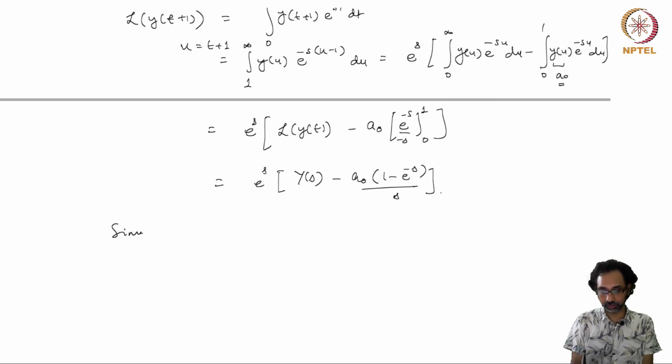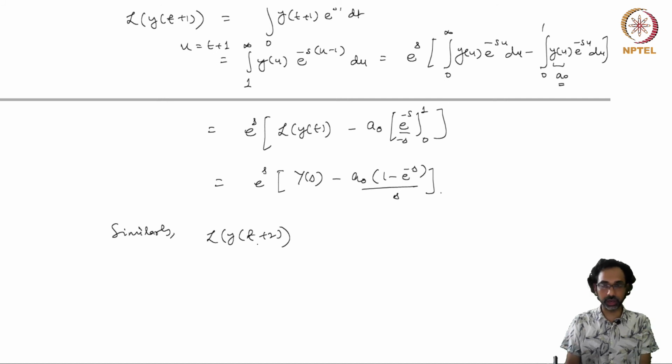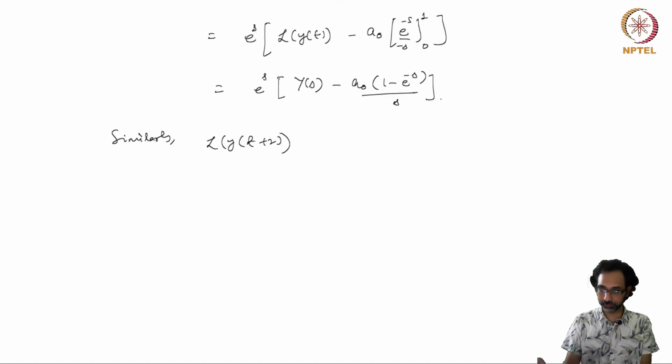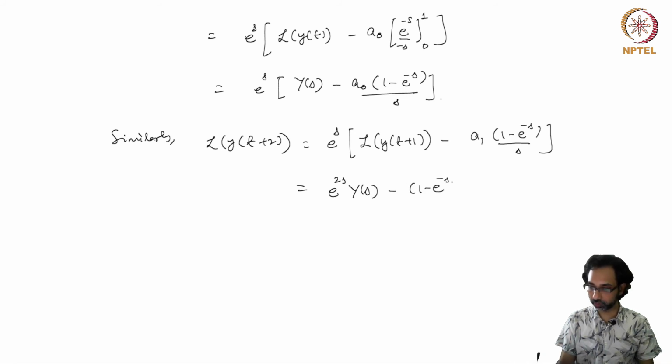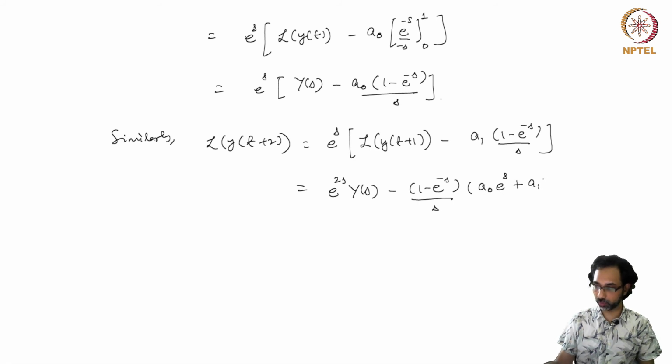Similarly, we can find the Laplace transform of y evaluated at t plus 2, and this will give us e to the power s times the Laplace transform of y(t+1) minus a_1 times (1 minus e to the power minus s) over s, and this can be rewritten as e to the power 2s Y(s) minus (1 minus e to the power minus s) over s times (a_0 e to the power 2s plus a_1